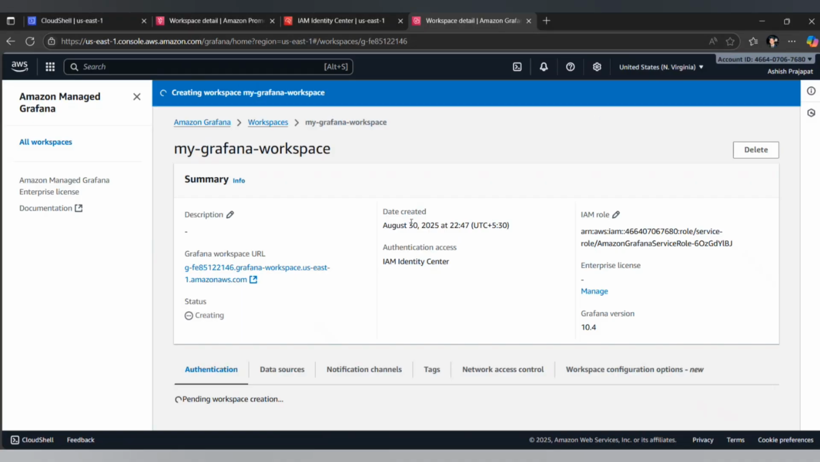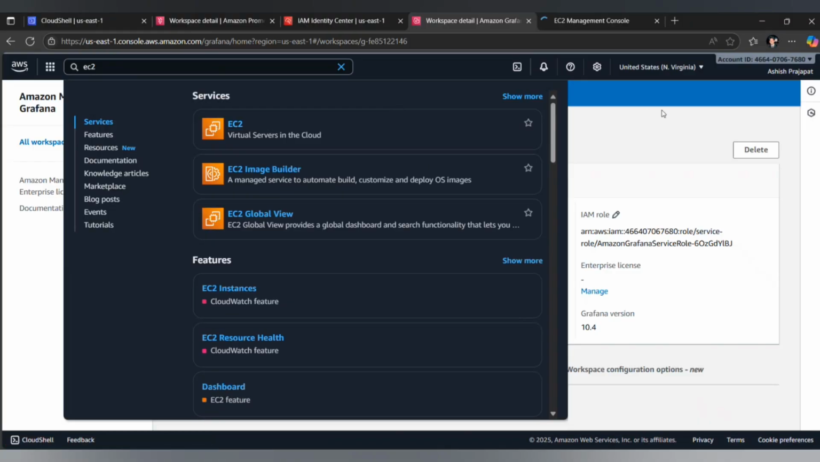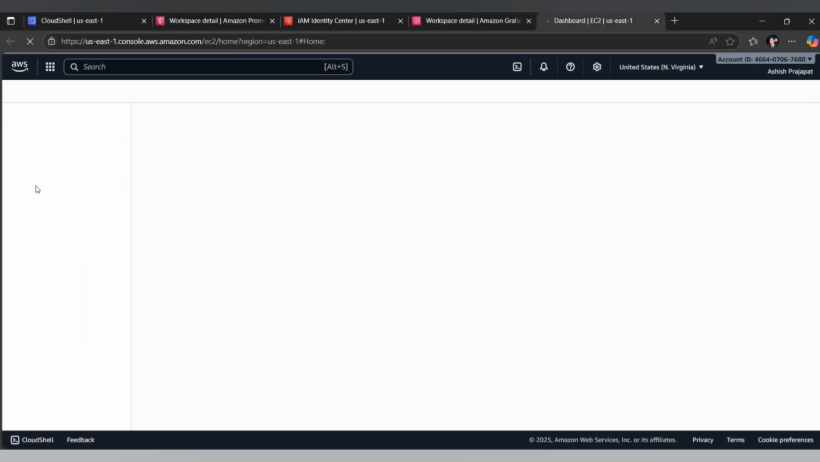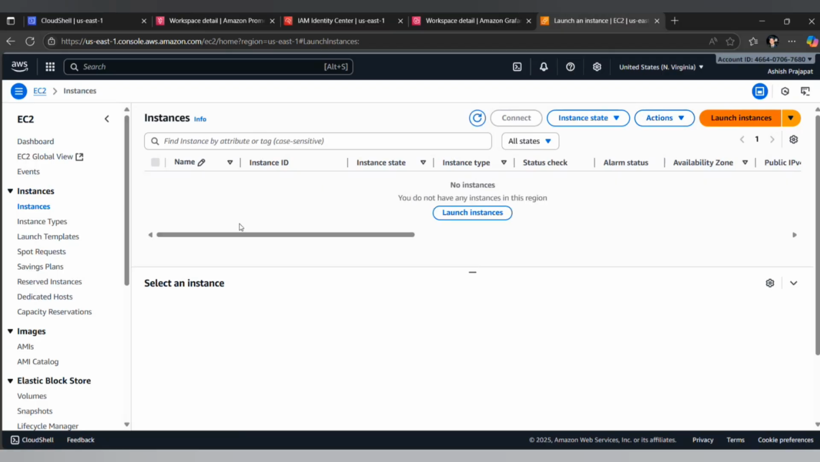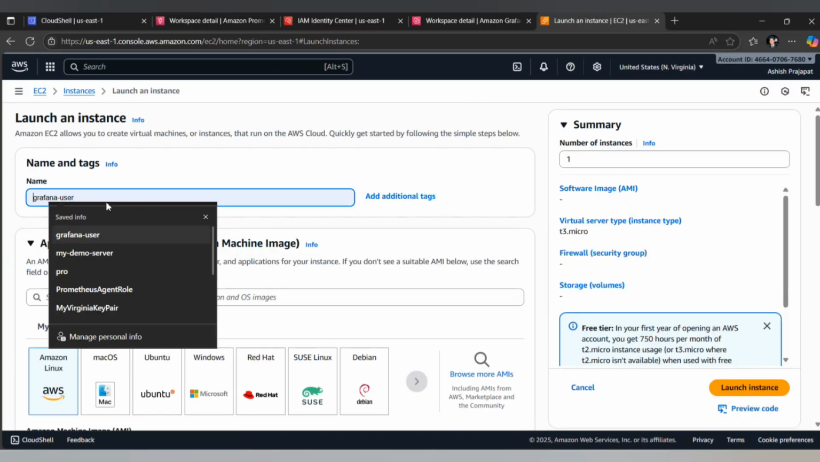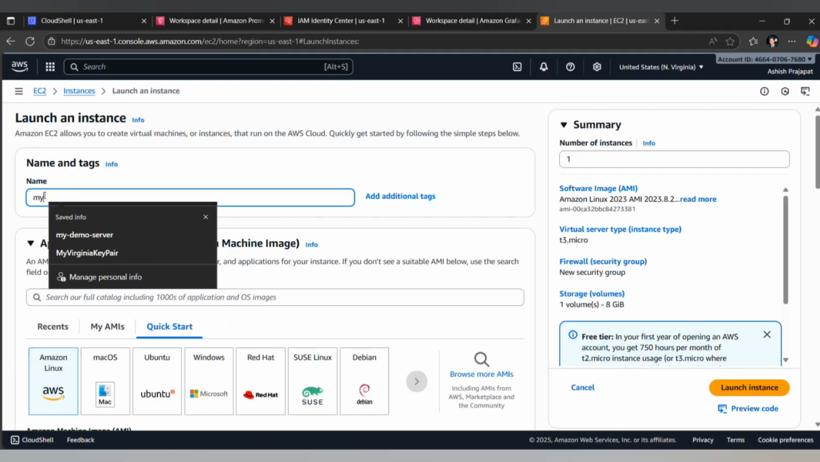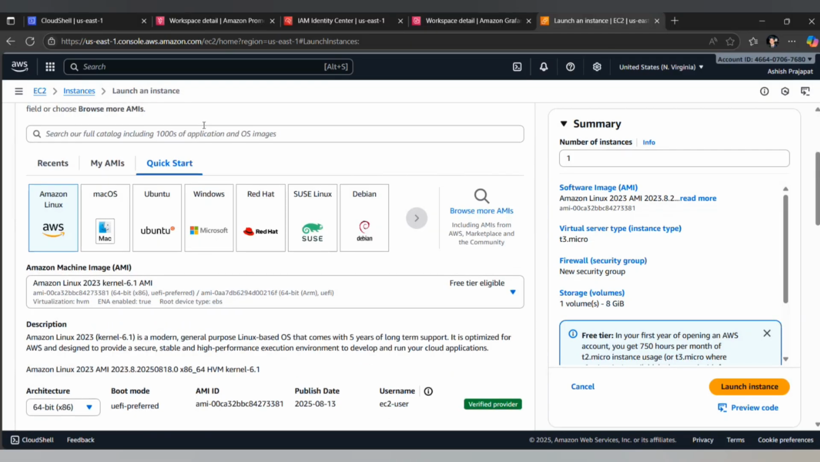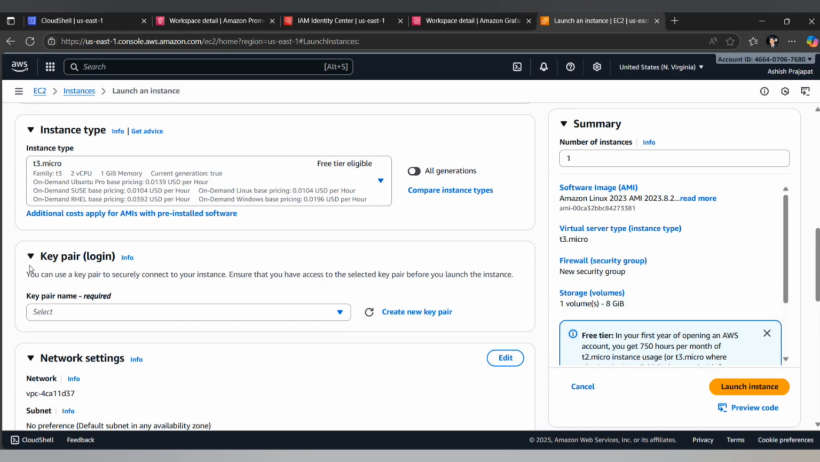So while it is getting created, let's create an EC2 instance because we need a server to monitor in Grafana. So let's search for EC2 service here and go to EC2 dashboard. I will go to the instances section and then click on launch instance. I will name this server as my demo server, and Linux AMI I'm using, and then T3 micro because it's free tier eligible,